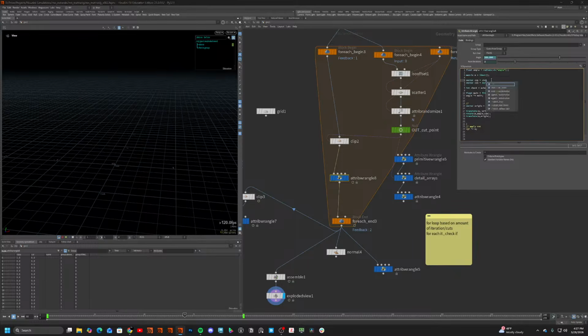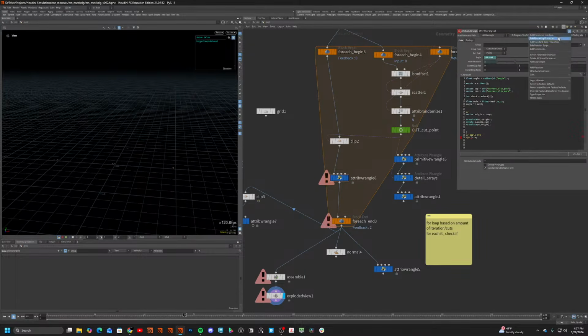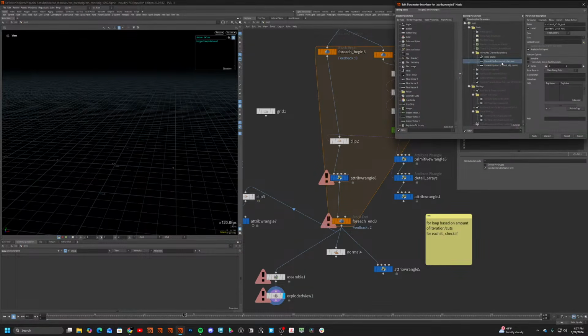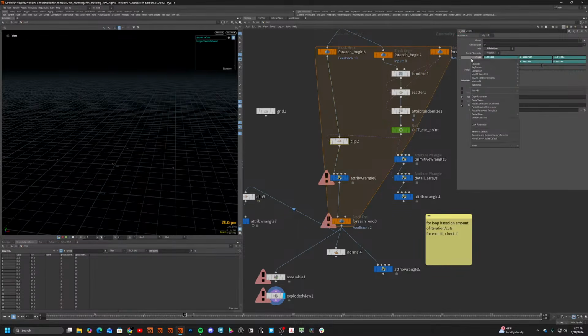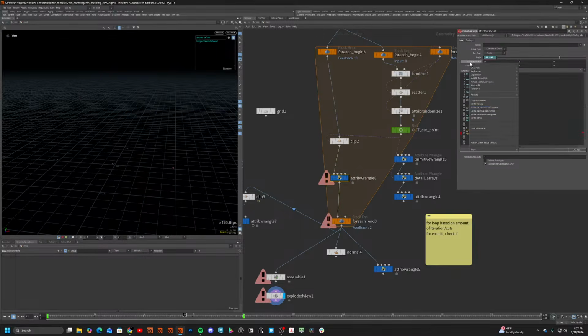Then I can link this current clip pos, current clip norm, like that. I can create this, I can remove my iterations, link this here,